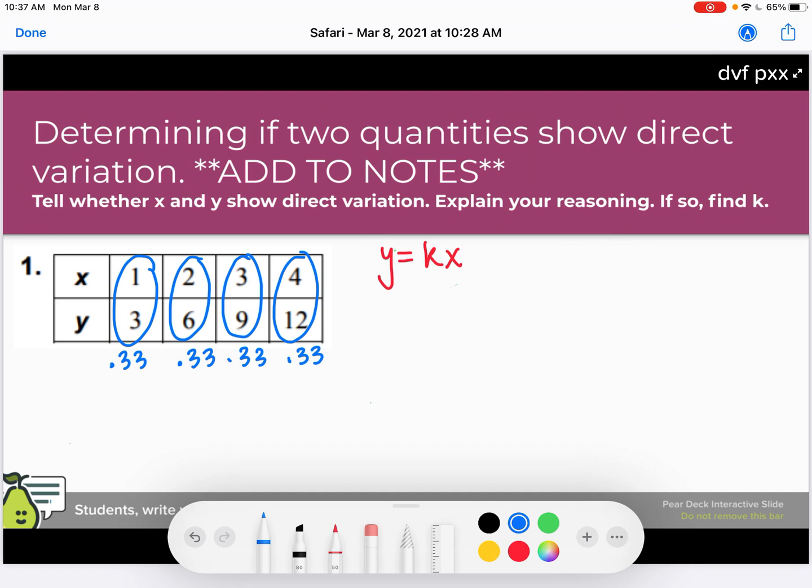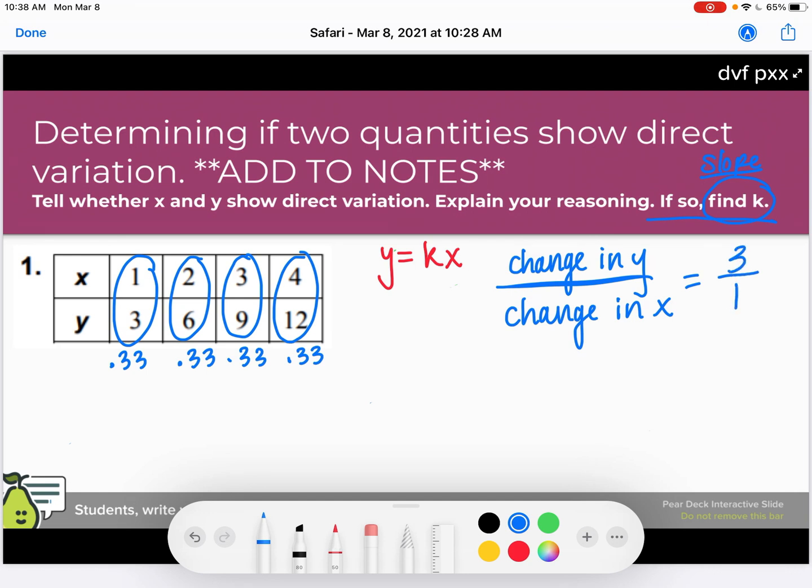And now let's say I have to go even further here. In this case, it says, if so, find k. Remember, k is the slope. So we have to find the slope now, and we know that slope is equivalent to the change in y over the change in x. I can really use any of these values given here. I am going to take the one where x is 1 since that's the most simplified one. Therefore, I know my slope is 3 over 1,